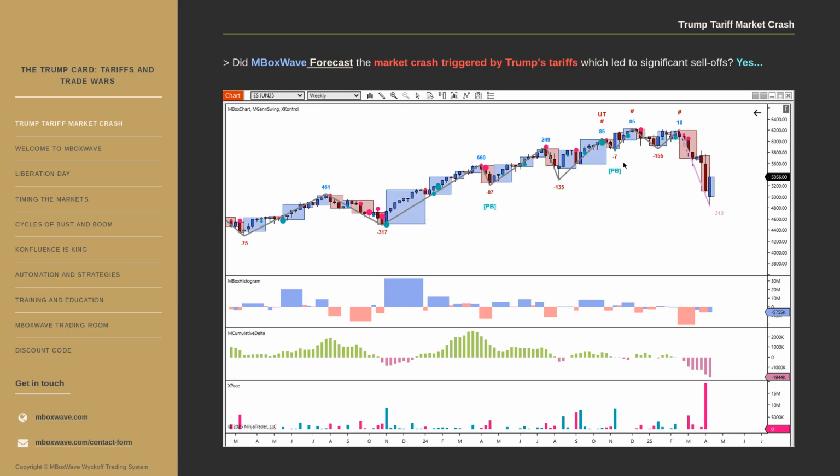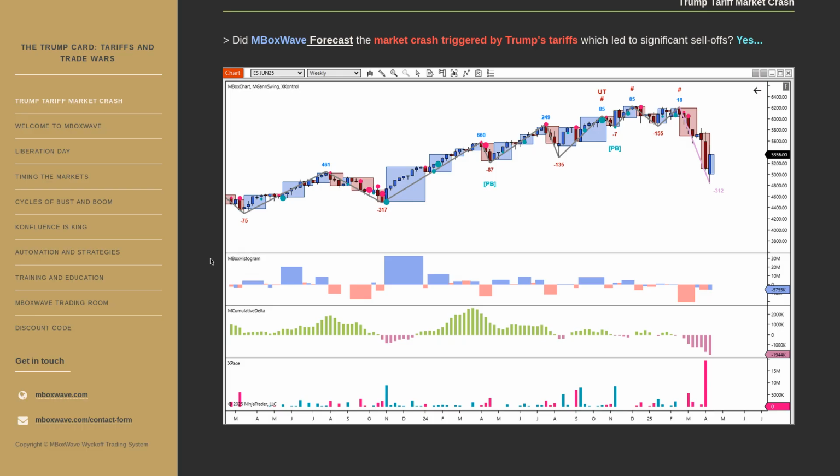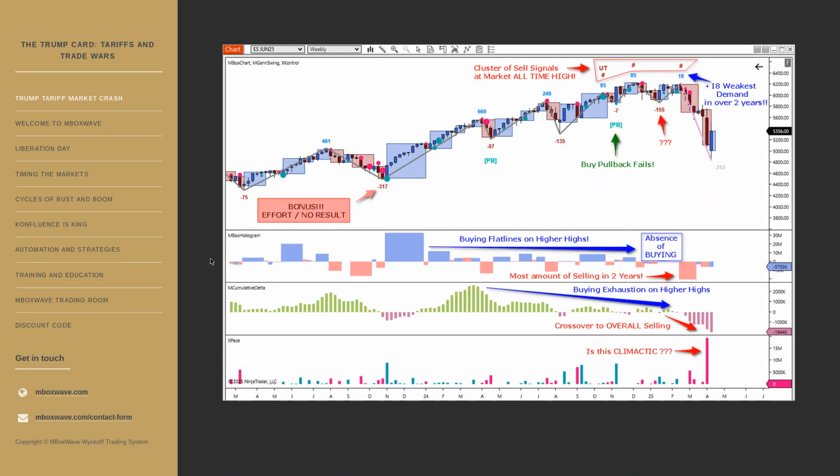So did MBoxWave forecast this market crash triggered by Trump's tariffs? Yes. So let's take a look at that analysis right now, and I'm going to go into these indicators for people that are new, and then tell you where you can learn more about them as well. So here's my markup of the same chart that's going on here,